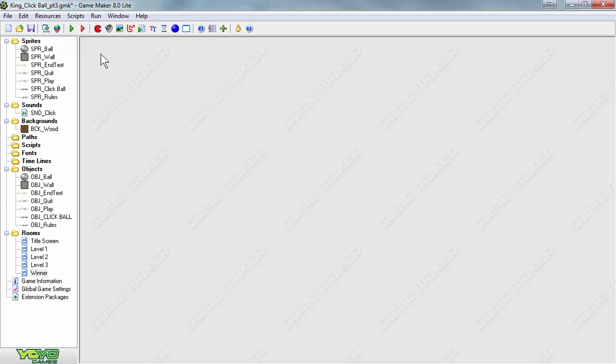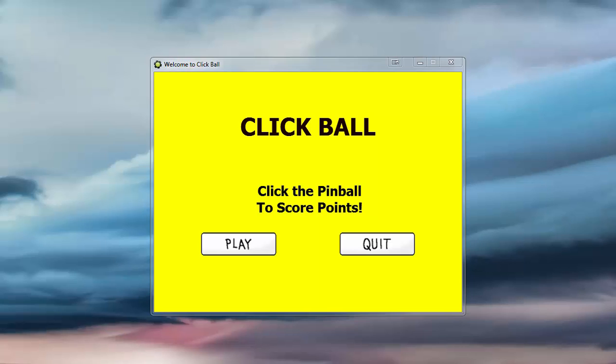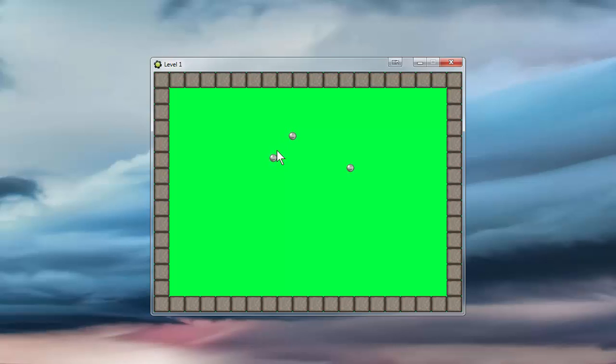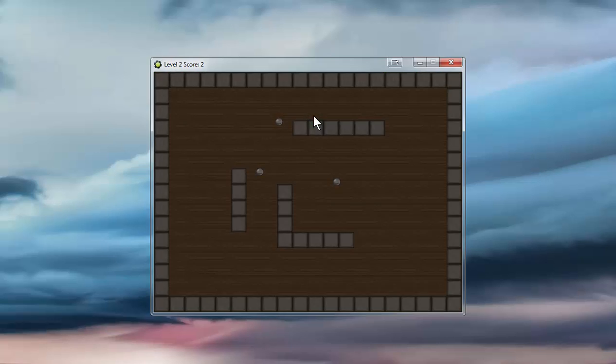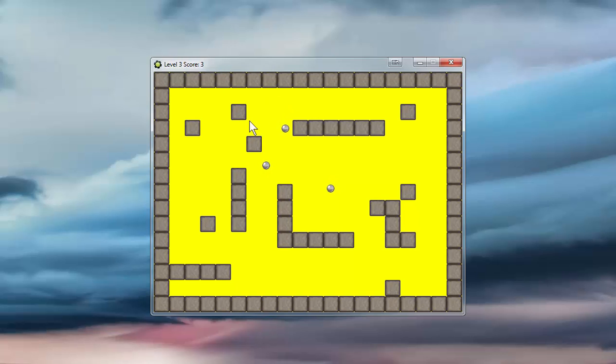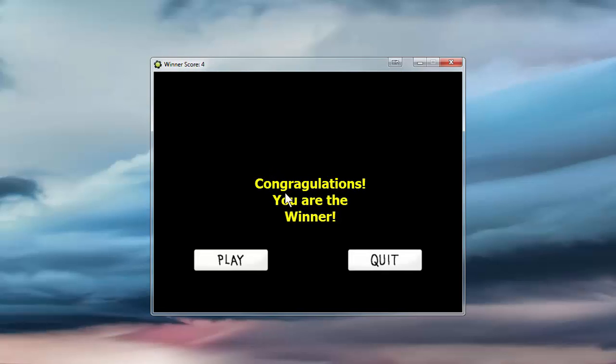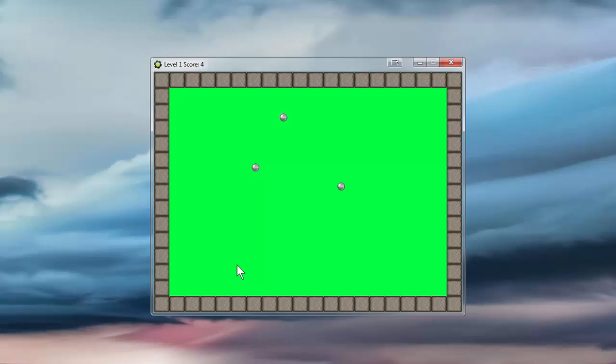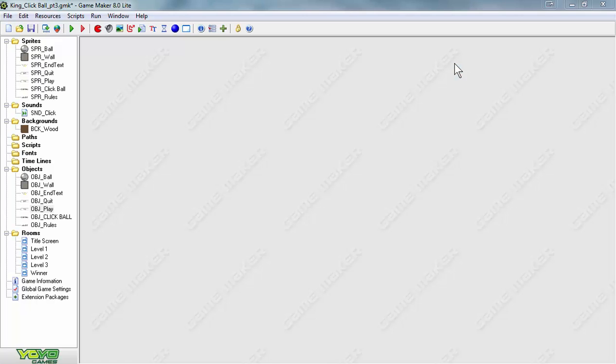Okay, let's give it one final test. Okay, we'll start by clicking on the play button. And I slowed down the pinballs so they're easy to click, and you can see our score. Level 1's 1 point, 2 sends us to level 2, 3 to 3, 4 to the last screen, and I'm going to play again. Now you'll notice that the score did not reset, which means that we can't get off of this level. What we need to do is go back and change one small command